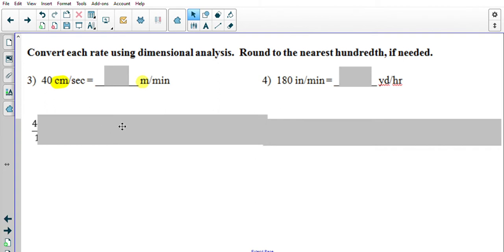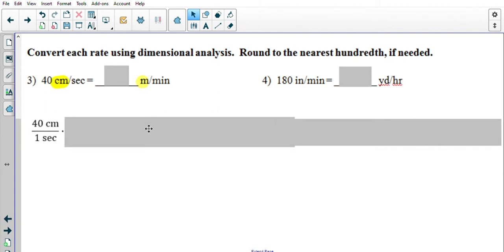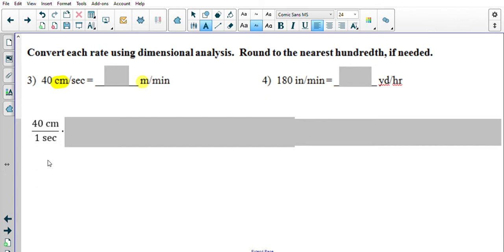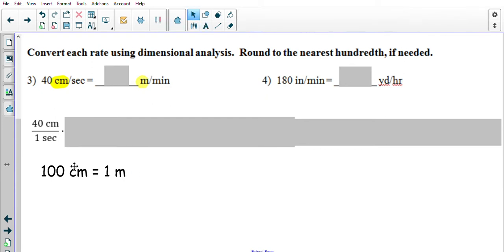But the very first thing I want to do, and everyone should have this fraction, is write my fraction that's given, 40 centimeters per 1 second, as a fraction. Now, for the yellow highlighted stuff, I have to recognize that there are 100 centimeters in a meter. Do you need to memorize that? No. It is on that chart where you have all of your conversions for metric and customary system right in your guided